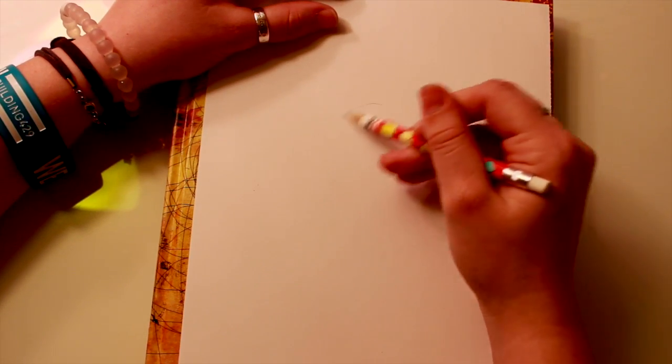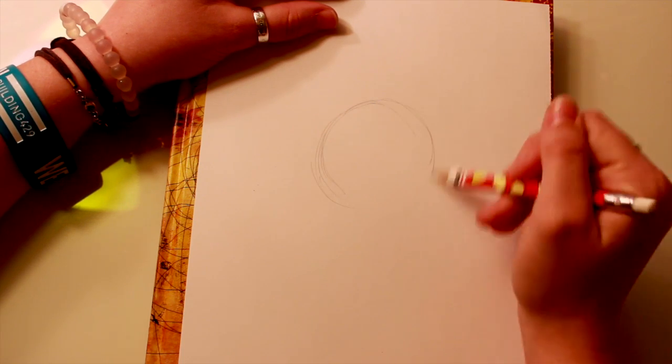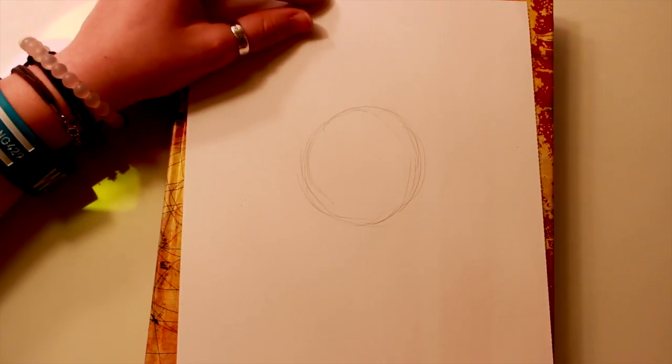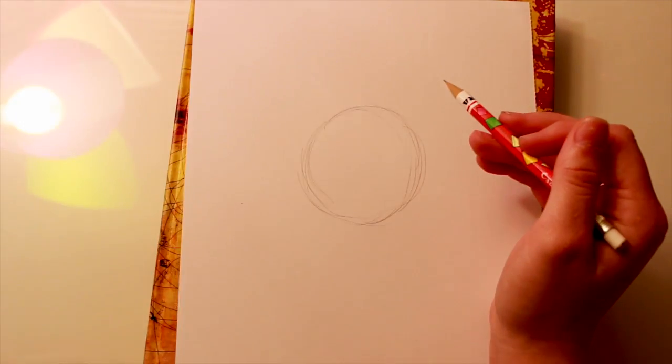Anyways, so what we're gonna do is, Mulan has a very, very round face. So what I'm gonna do is I'm just gonna go ahead and flat out draw a nice round circle. Okay? After the circle, what I want to do next is, let's go ahead and divide up the pieces of